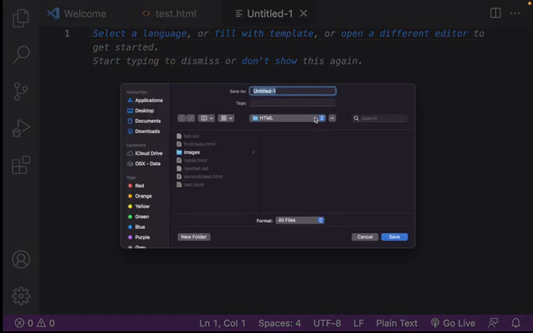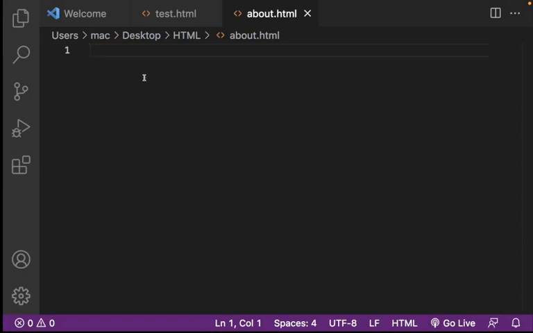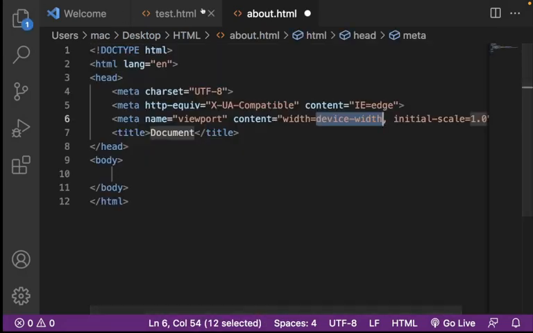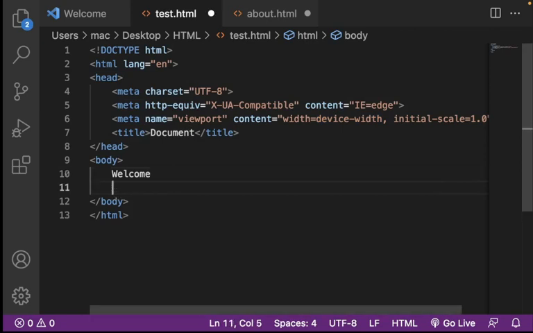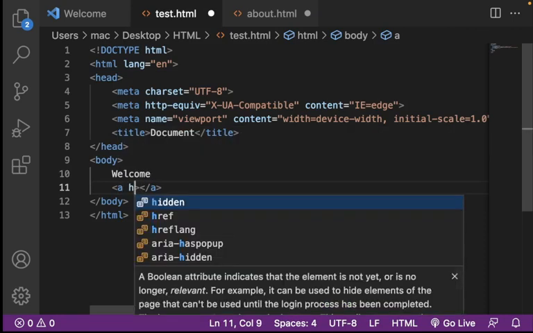Inside that same folder, we have another one called, let's say, about. So here, our application has 2 pages now. We can have a link here, an anchor tag that links the 2 pages together, so that when I click here, it points to the